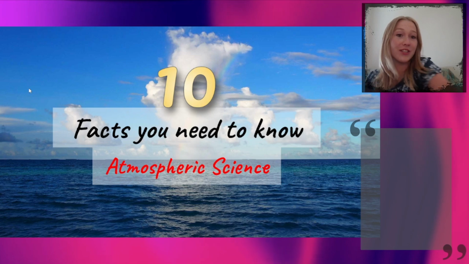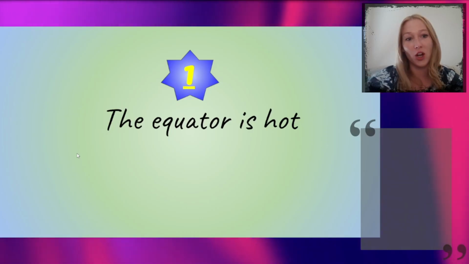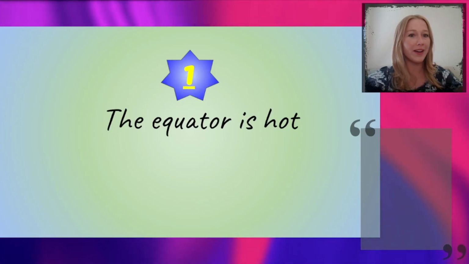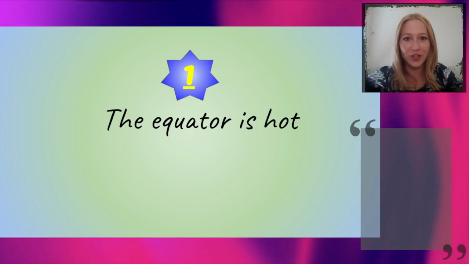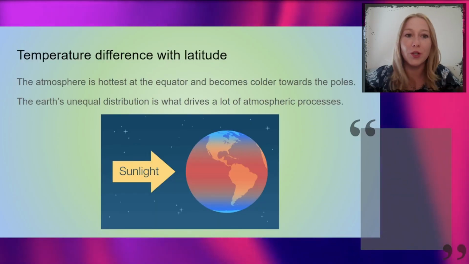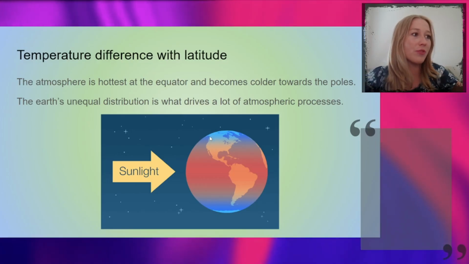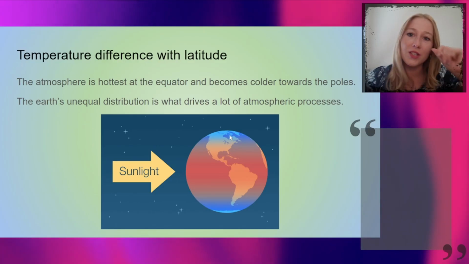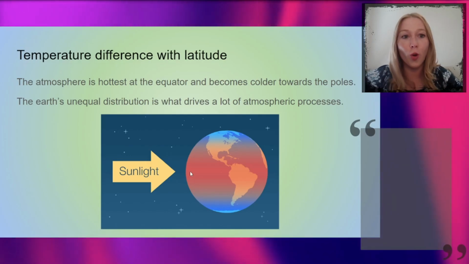So, 10 facts that you need to know about atmospheric science. And the most important is that the equator is hot. It's a very good place to start. It's the most fundamental thing that we need to understand about anything that happens in the atmosphere, any type of circulation. It all originates from the fact that the equator is hot. Okay, so the reason for this is because of the uneven distribution of sunlight across the Earth. Because of the shape of the Earth, we have more heating around the equator and less around the poles. So our first rule is that it's always hottest at the equator